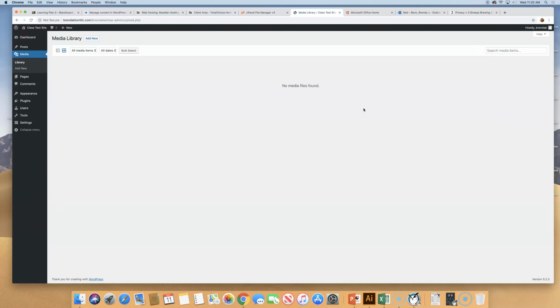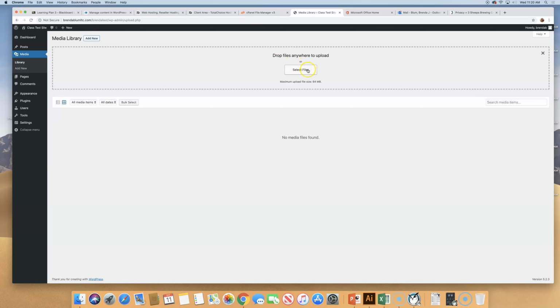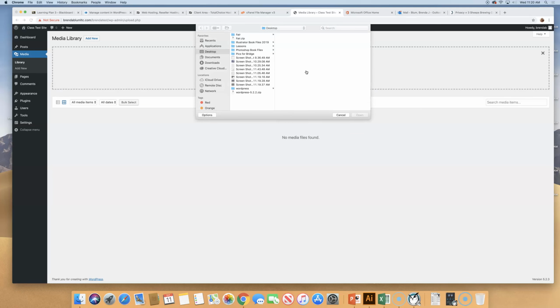library. So you can upload all the things that you're going to want access to at any time, or you can insert them page by page as you hit them. It doesn't matter. They're going to end up in the media library. So let's click on add new, and hopefully somewhere on your desktop you have a couple of pictures that we can use. If not, I'll have you go up to Google, just grab a couple of images that we can